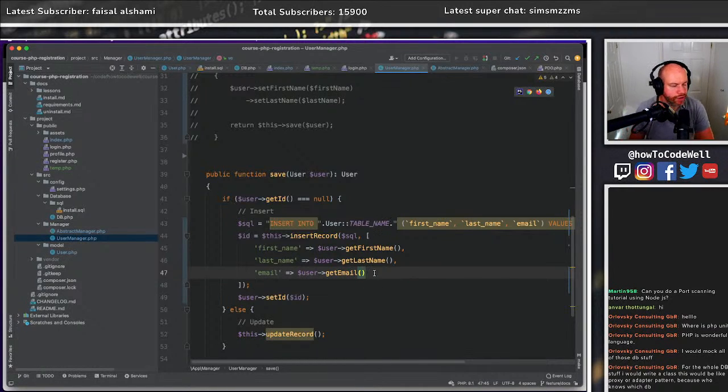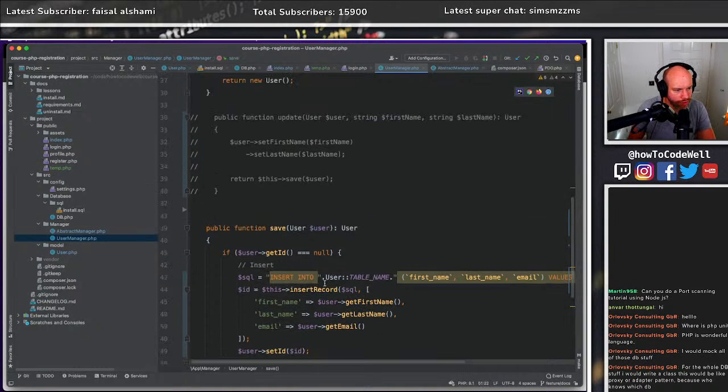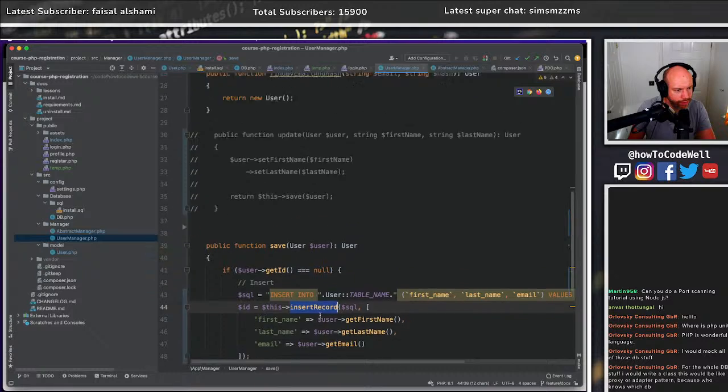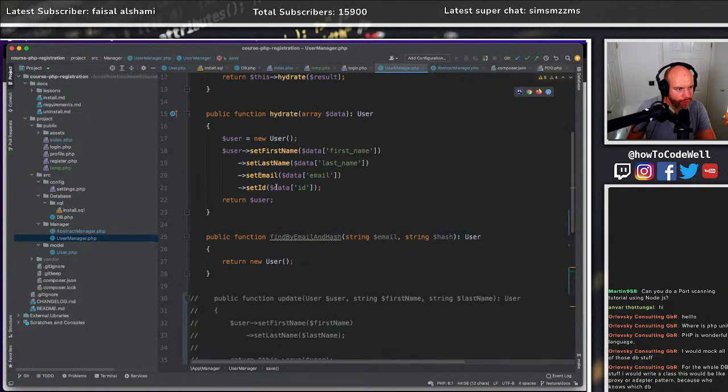So we could have, I don't know, if we had any other tables, like an order summary table, or an order items table, for instance, we would have an order manager, sorry, which would deal with a shopping cart. That's what I'm trying to say. And then they would call the parent stuff. So up here we are calling